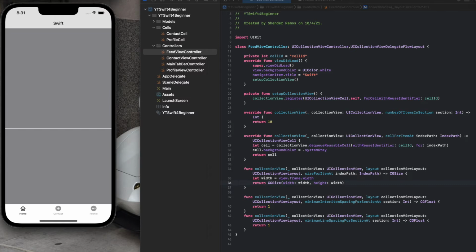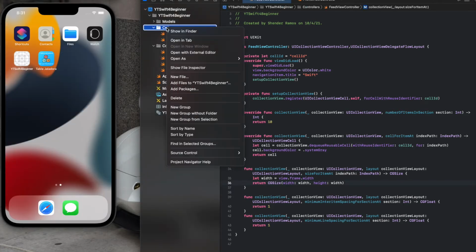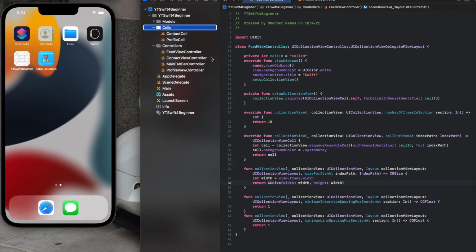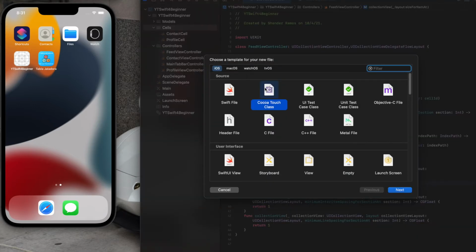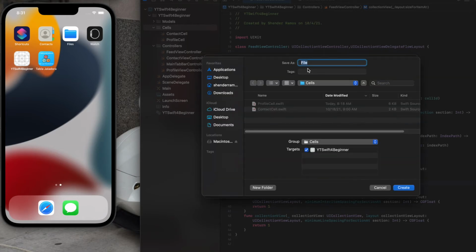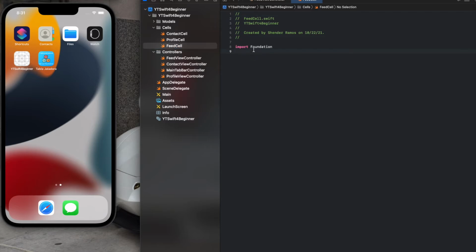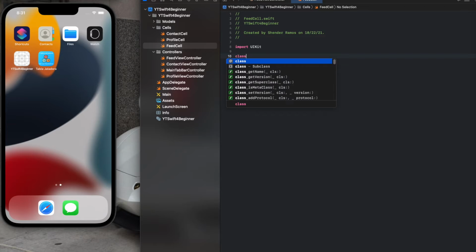Boom, boom, boom. Right, so now we're going to create a cell. Let's create an empty class like this. Let's go feed cell. Right, this is an empty class. Let's put an import UIKit. This is another way of creating classes. Sorry. Another way of creating classes, because the way that I did it now with the new file,